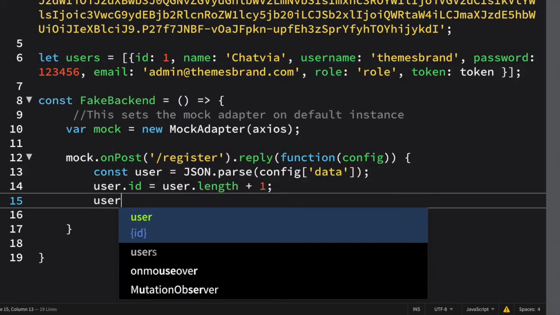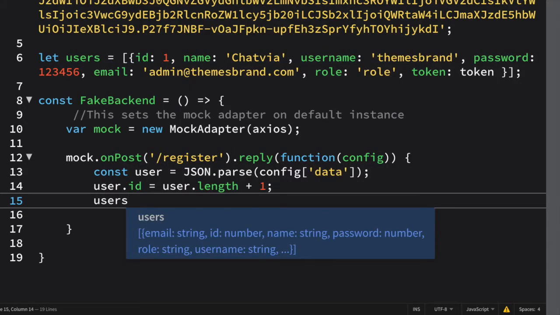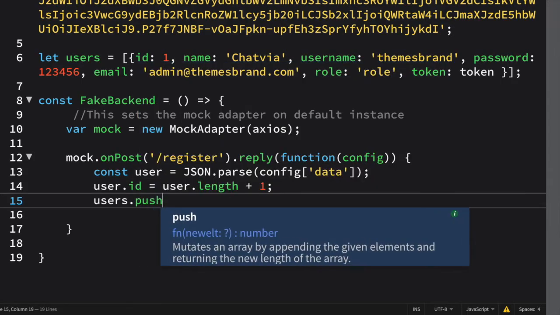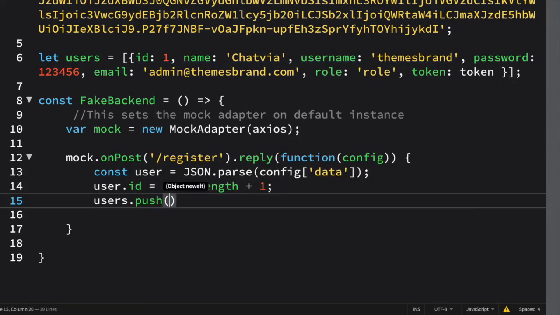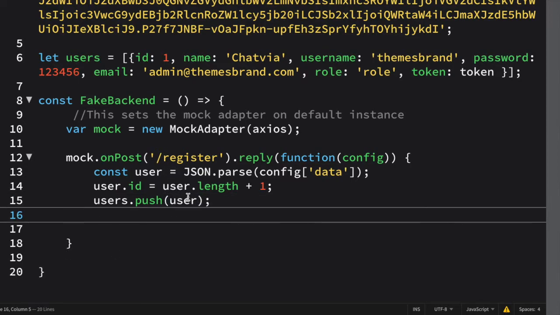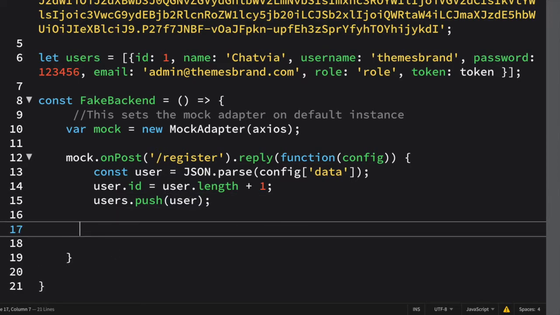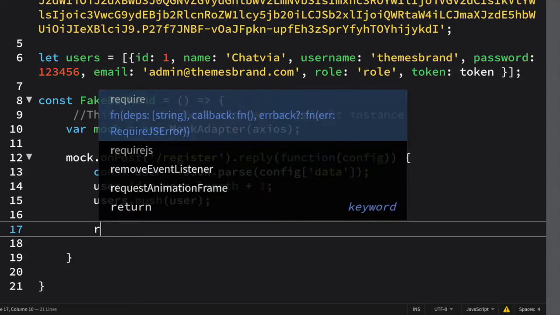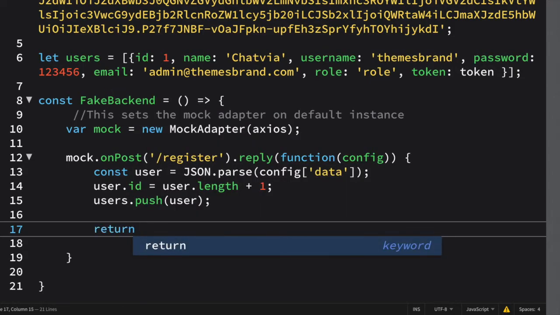This will be done for every user and is stored in our backend server. After this, I am going to post this user's data into my users array. So here I am writing users.post. Post is a method in arrays. So I am going to post this inside my users array, which will contain the data for all of the users in my application. After this, friends, I am going to return a promise from this function.